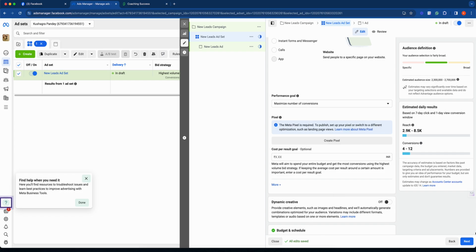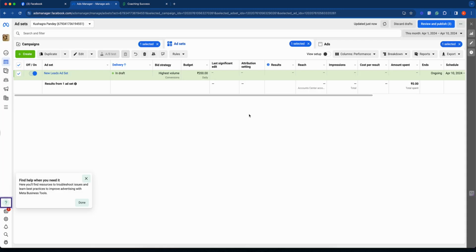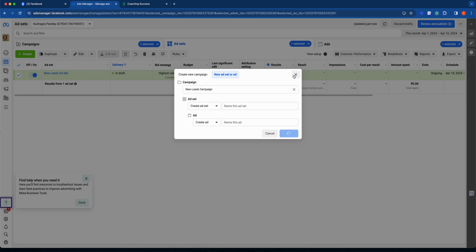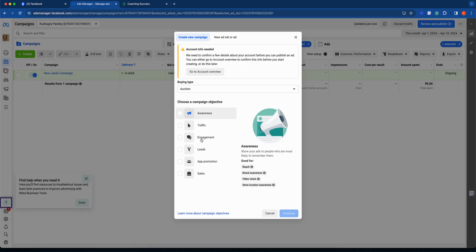Okay, let's close this for now. I mean, this is not the point. Am I able to run the ad without any GST setting or all? Because I will set up the pixel and that is fine, good to go. But am I able to run the ad? That's the whole point. Because it has not asked me regarding anything.